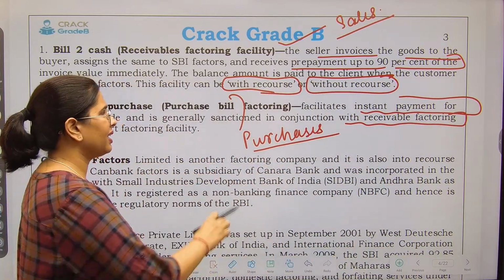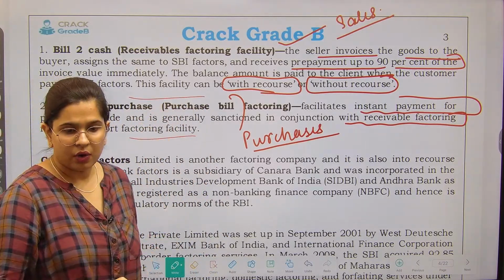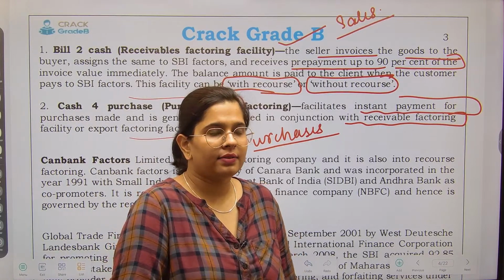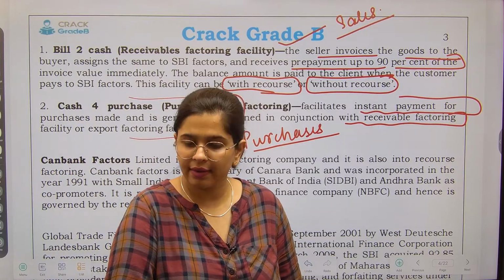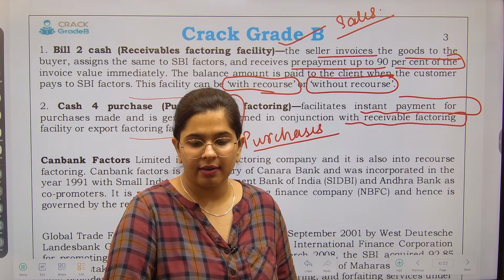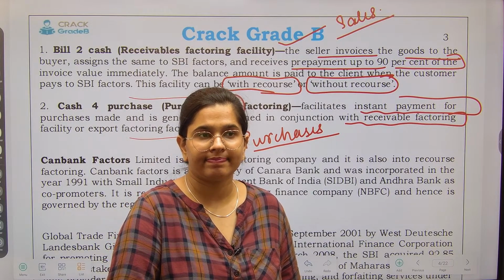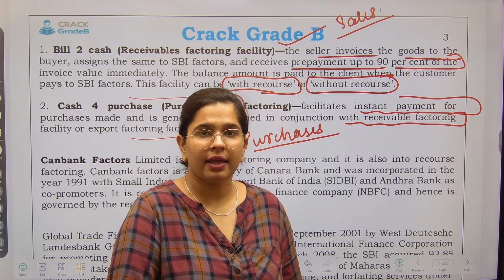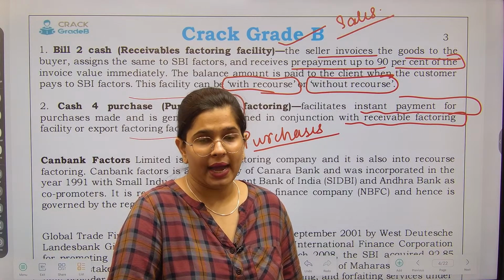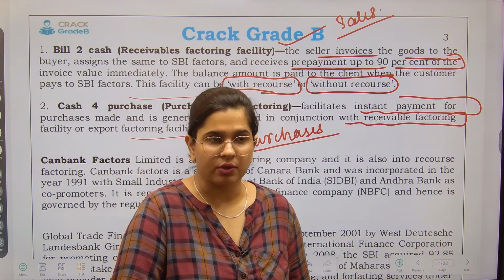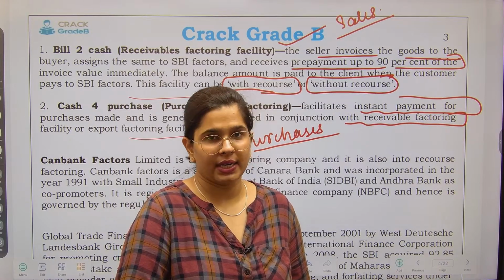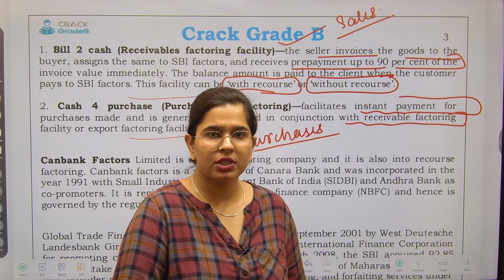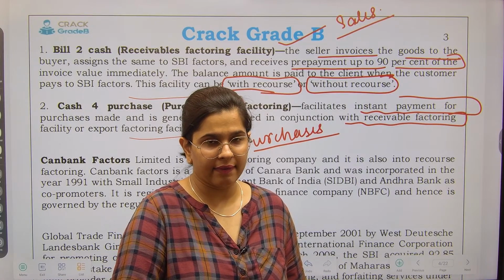Now you might be thinking, what is this? ठीक है, I'll tell you. Let's take a normal example and then we'll come back to it. Right now there is too much heat, the weather is quite hot and humid. So I want to buy an air conditioner. I'm a purchaser, okay? But I do not have enough money in cash right now. So what I'm going to do is pick up my credit card and buy the